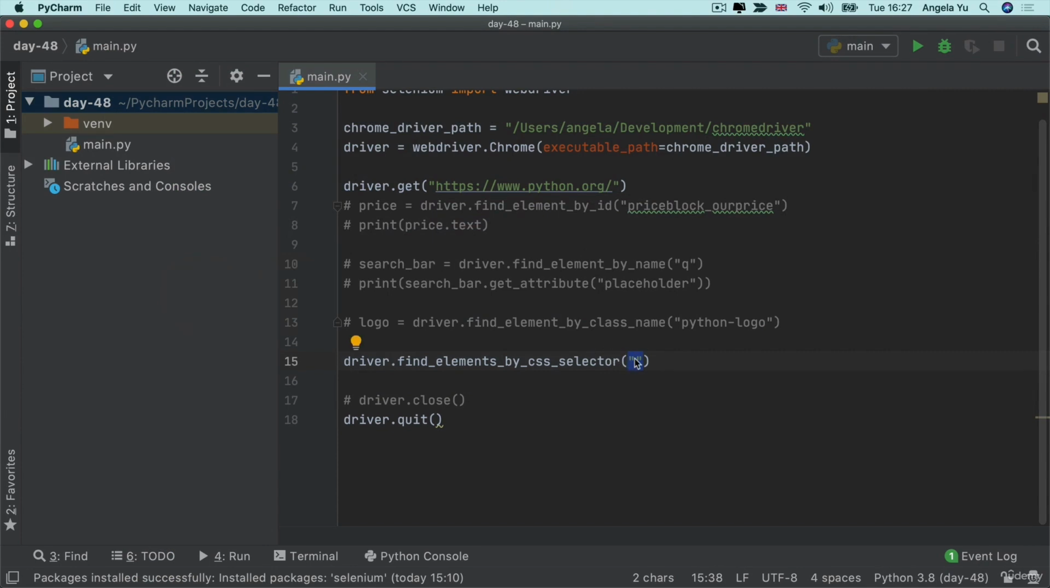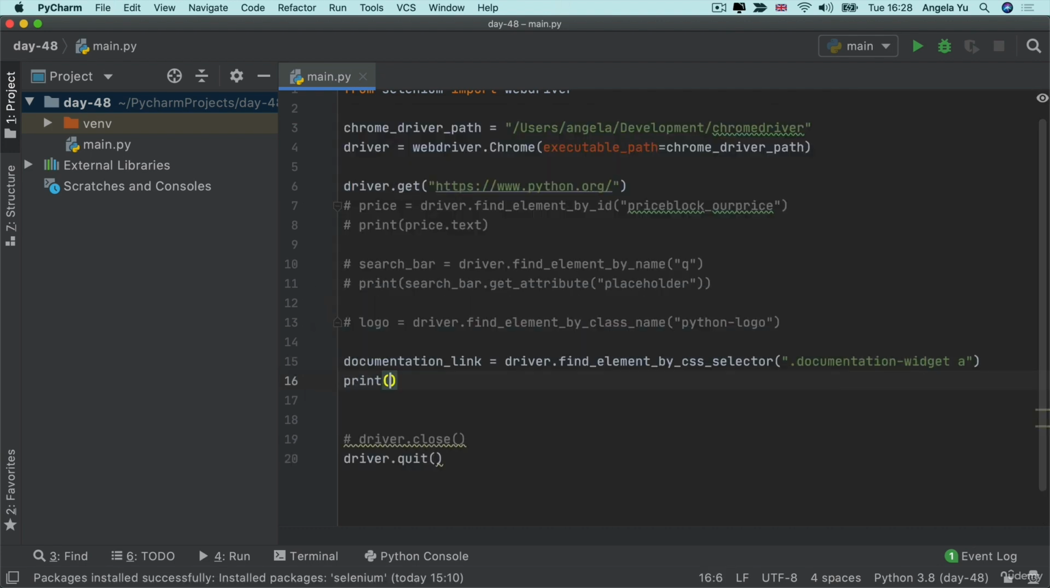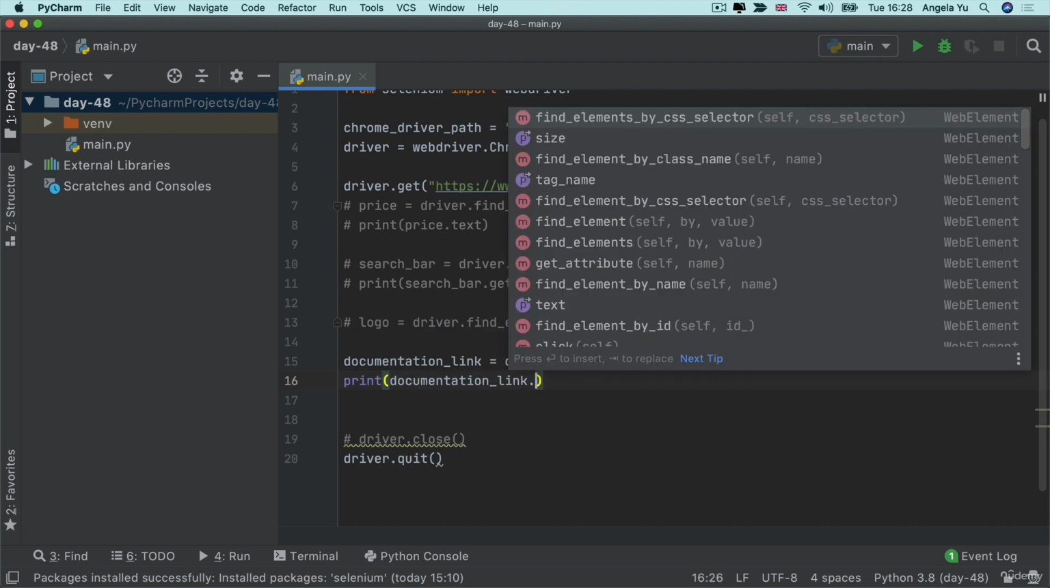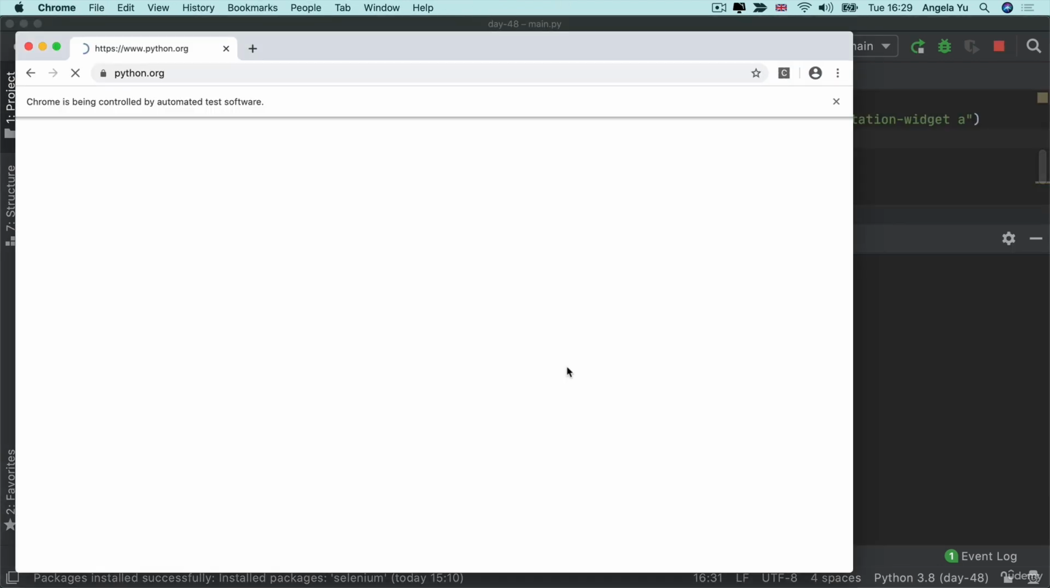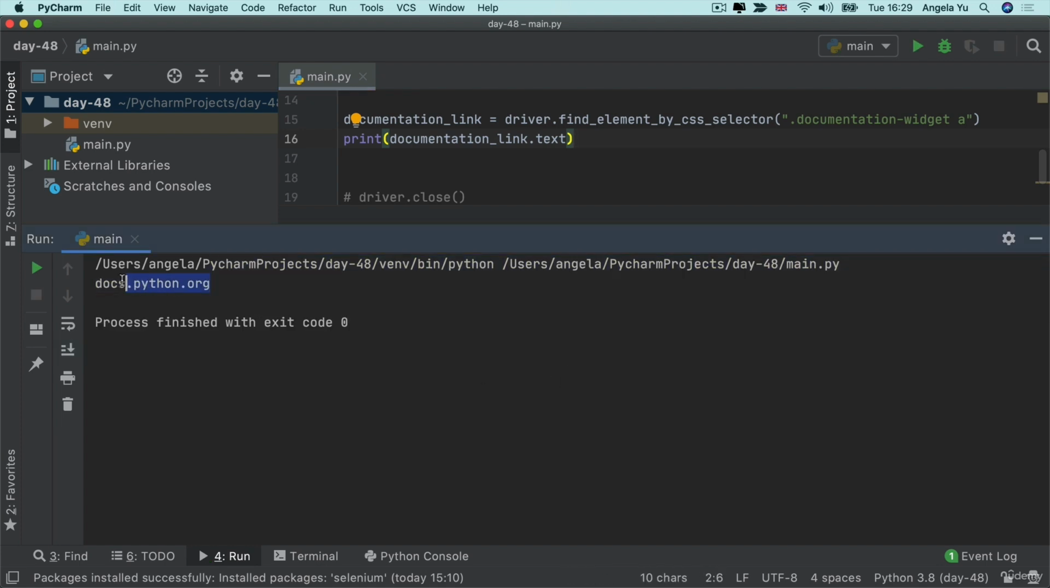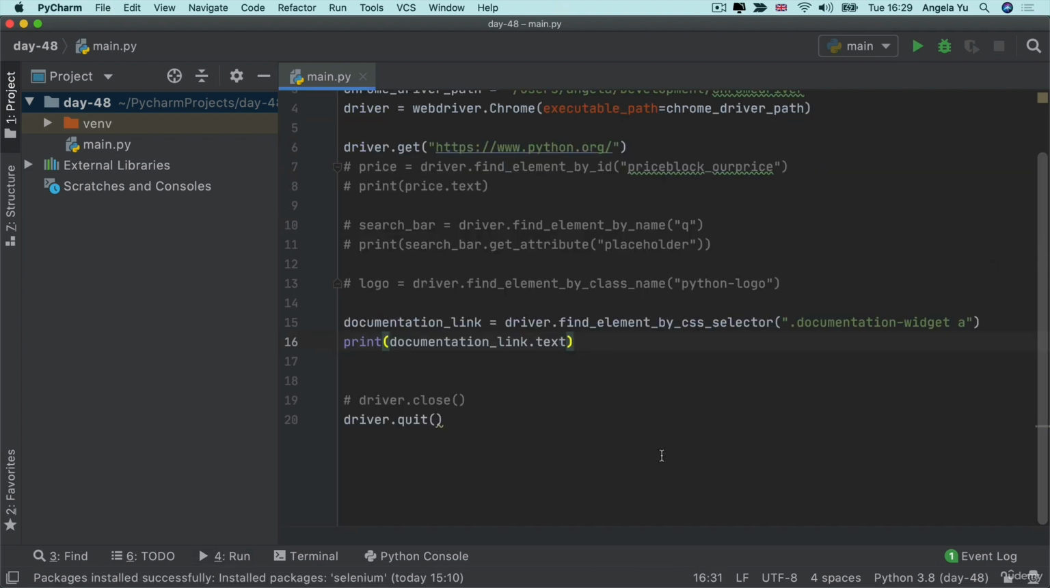And to express that as a CSS selector, we would specify the class documentation widget, and then inside the element with that class, we're looking for an anchor tag. So this would get us our documentation link. And now if I go ahead and print the documentation link .text, you can see that it's actually getting hold of this particular link. And this is done even though the actual link doesn't have any easily identifiable name or